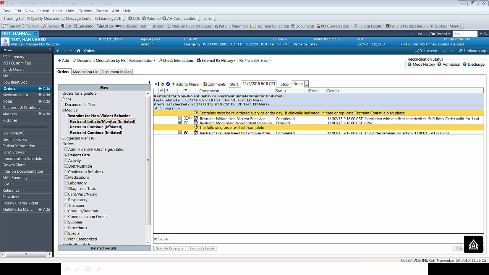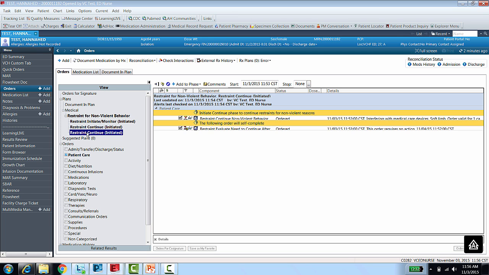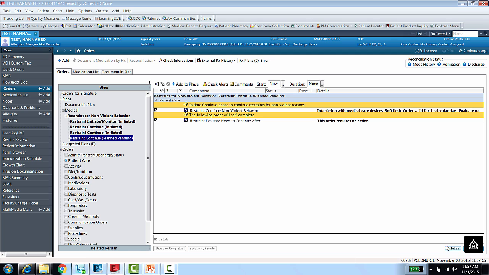The fifth key step in the nonviolent restraint process is to ensure there's a daily renewal order for every calendar day the patient remains in restraints. In the orders view panel, you should have initial restraint initiate monitor with a daily renewal order for every calendar day the patient remains in restraints. For today, the 4th, we will place an additional renewal order for this patient by right-clicking to select copy, initiate,